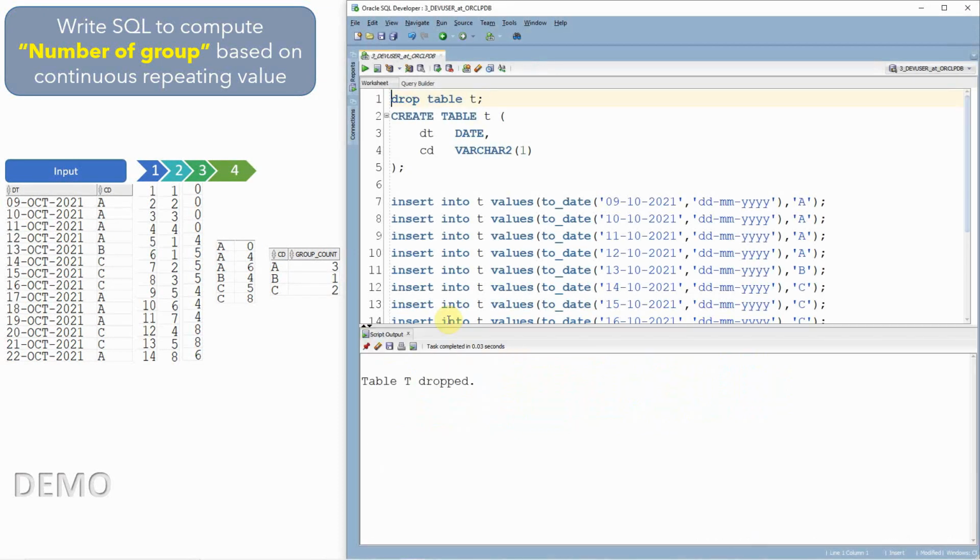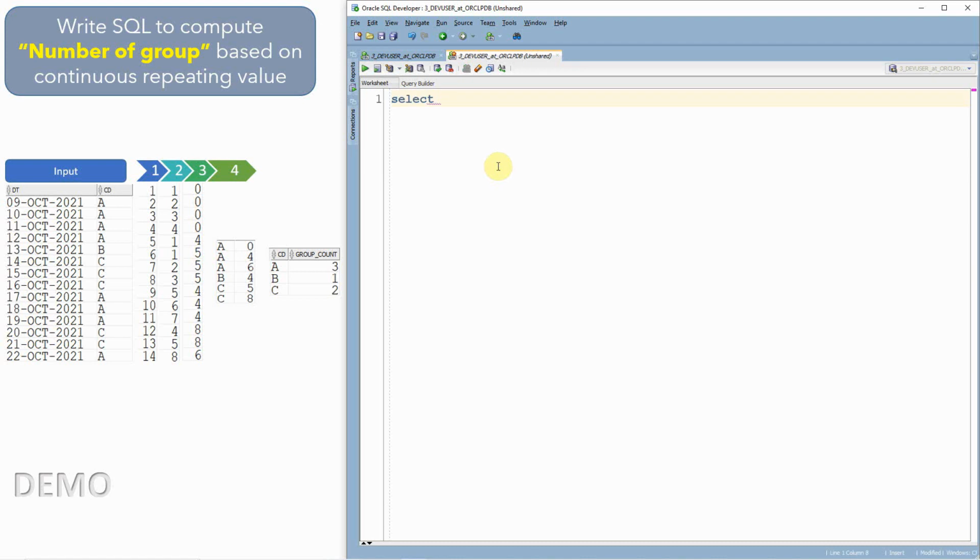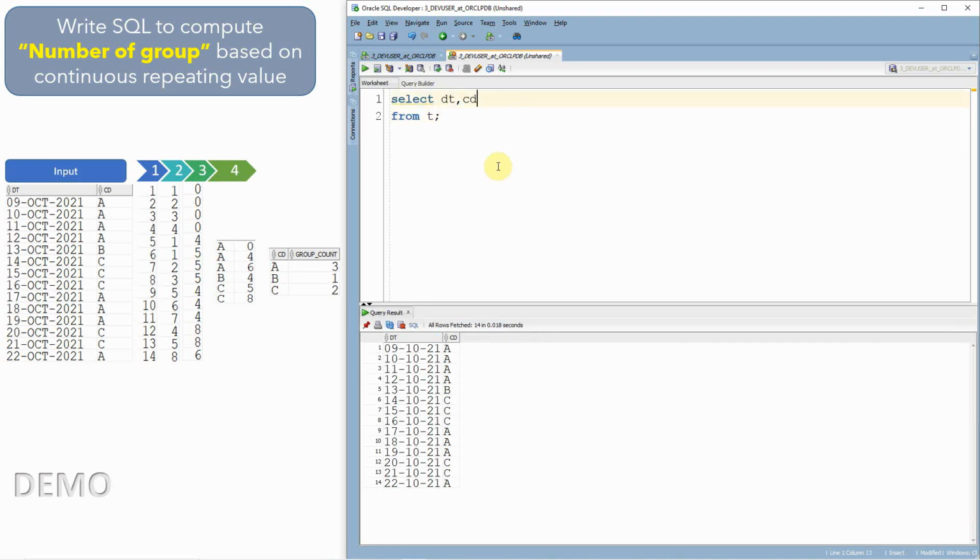I'm dropping the table and recreating it. Since I already created this table, I'm just populating all the test data into this table. So let me select only the columns needed, like date and code from T. As part of the first step, I'm going to put a simple